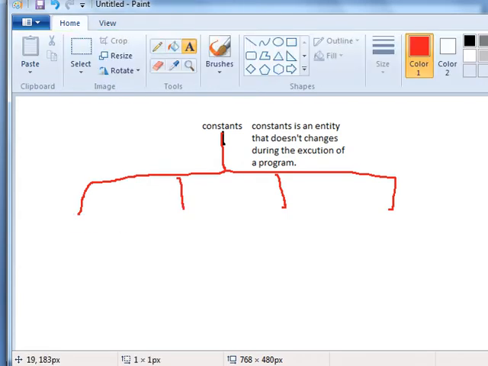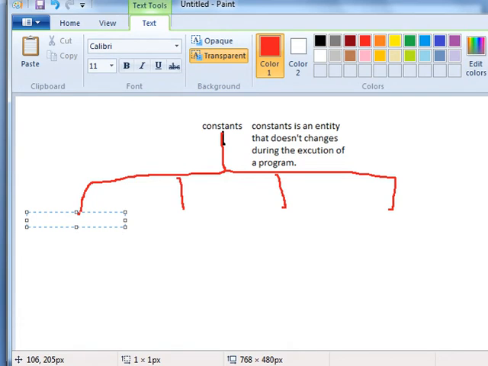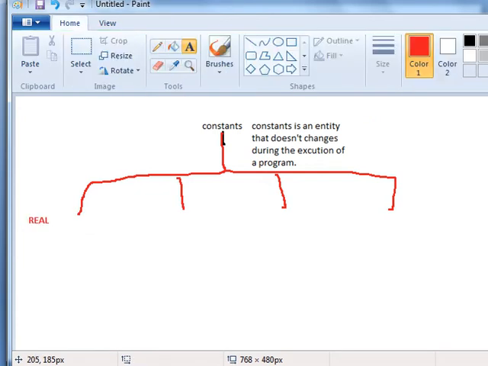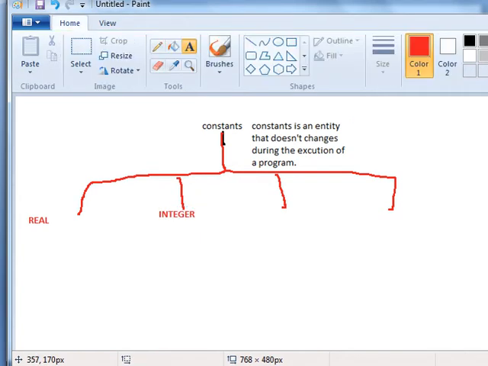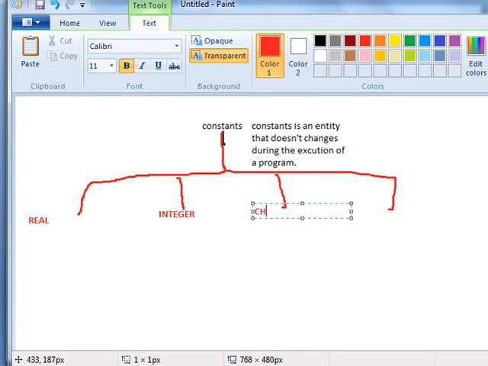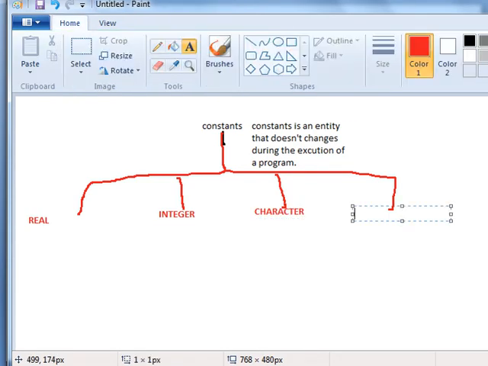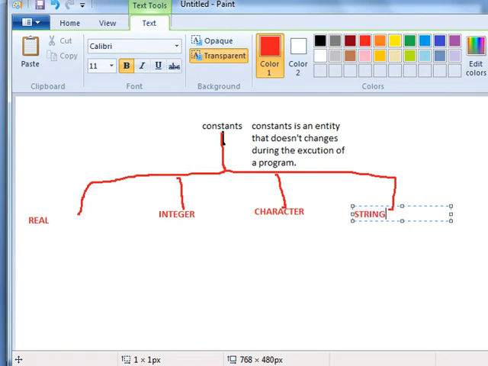For example, we have a constant called real constant. We have a constant called integer constant. We have a constant called character, and we have a constant called string. Alright, so